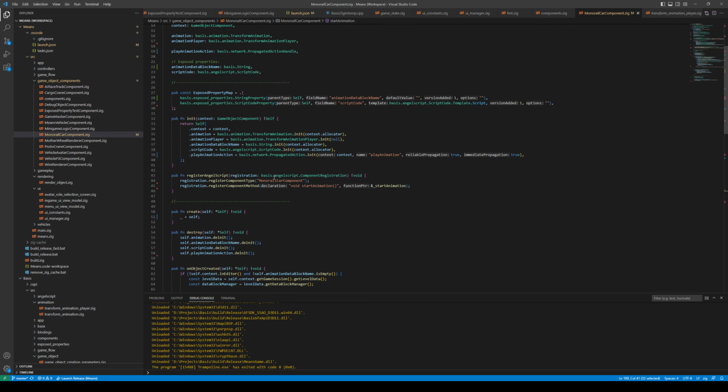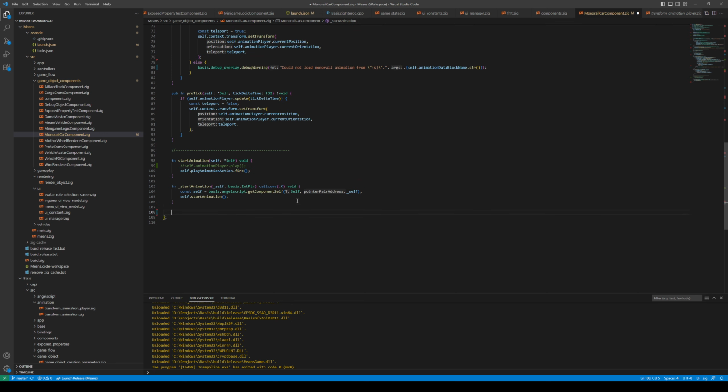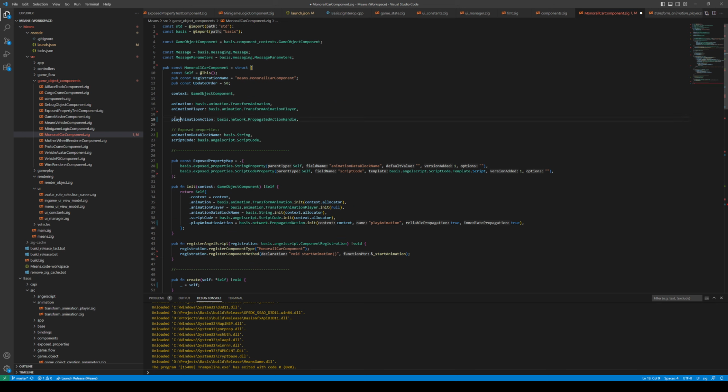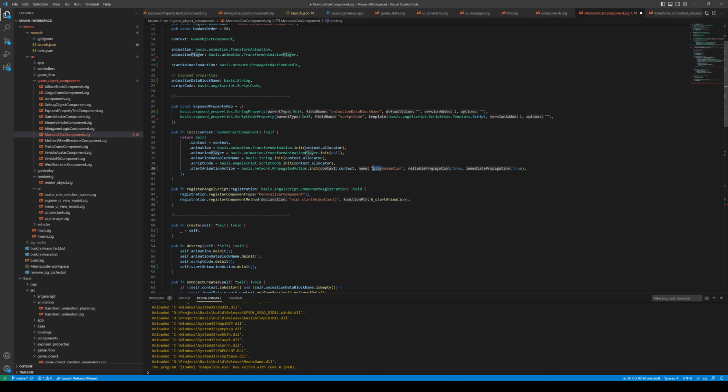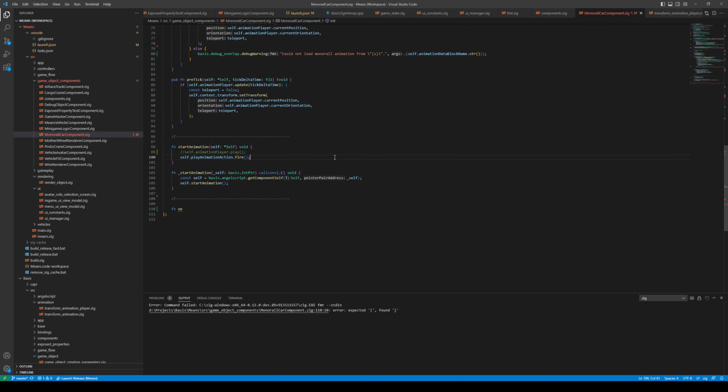But what does that mean? Well, a propagated action is not really all that useful without some kind of handler for it. So we need to basically add a new section here and have on, I'll call it start animation and play animation. Maybe we should just call it start animation everywhere. Start and start and start as well. So on start animation